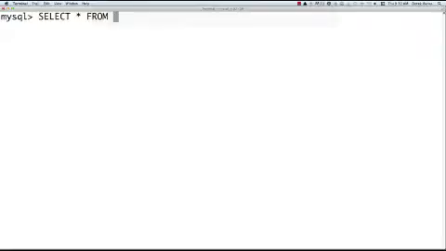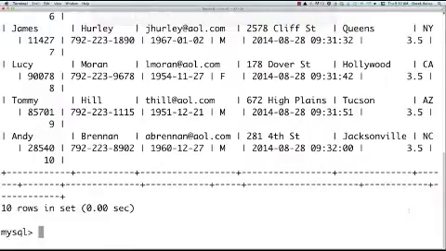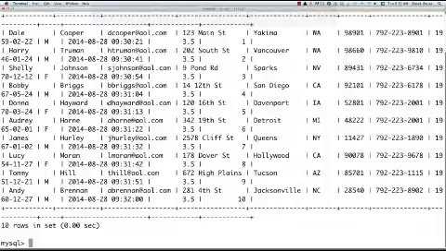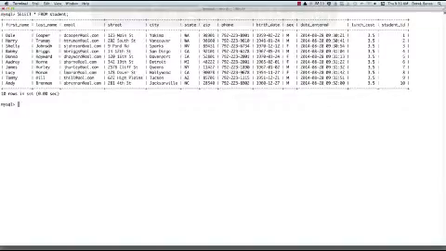to say what table we want to pull that information from. And there you can see it's kind of messy again. If I shrink it down now, you're going to see all the student information entered in there. I'm going to have to shrink it down quite a bit just to be able to fit it all in there,